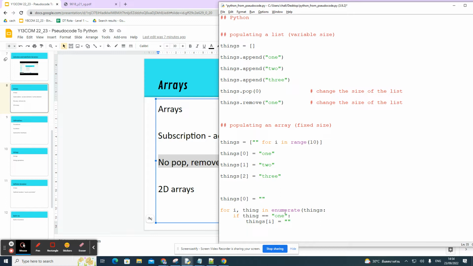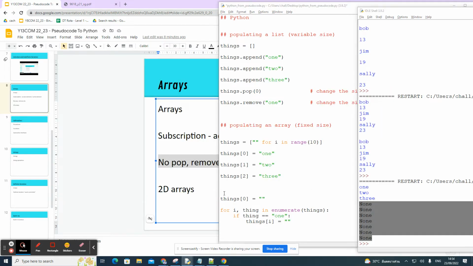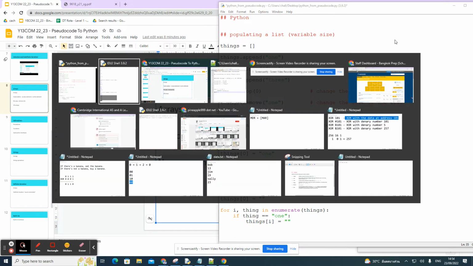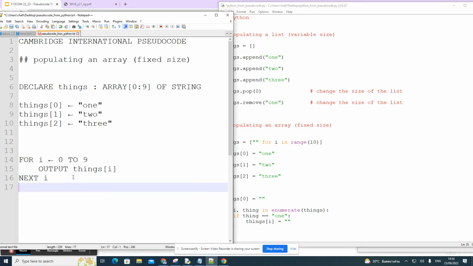But because what you're doing is a limited version for year 12, you need to think of the pseudocode equivalent. Whilst I might just be able to do this in Python to remove something from an array, how would that look in Cambridge International pseudocode? So I can't just pop. I need to say